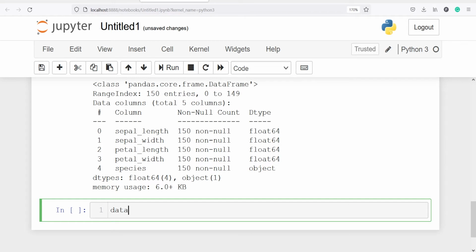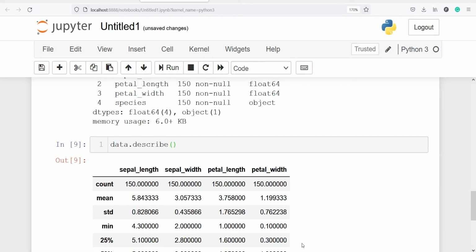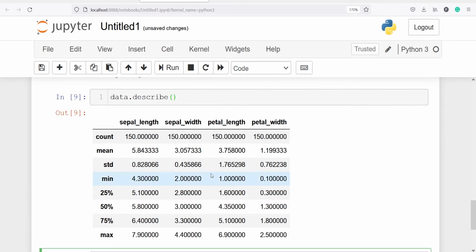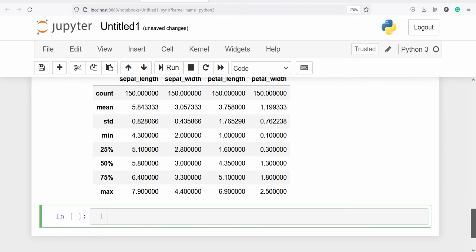I will write data.describe. In the output you can see we got count, mean, standard deviation, minimum, 25%, 50%, 75%, and maximum. And these descriptive statistics are for all the numerical columns only, not for the categorical column.